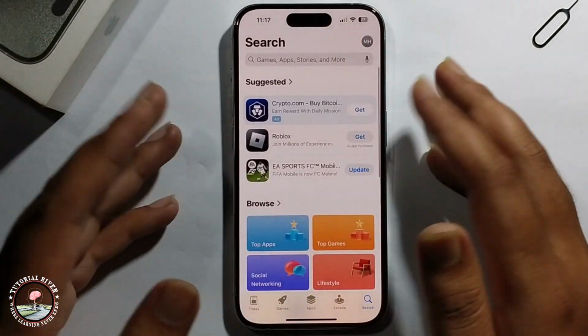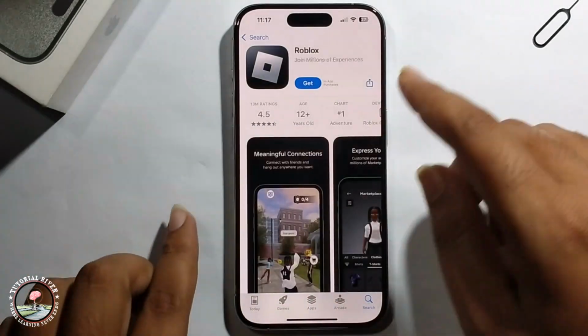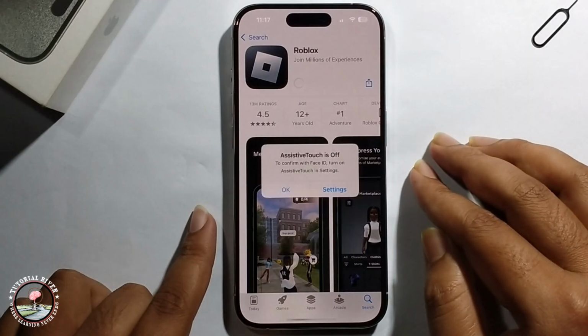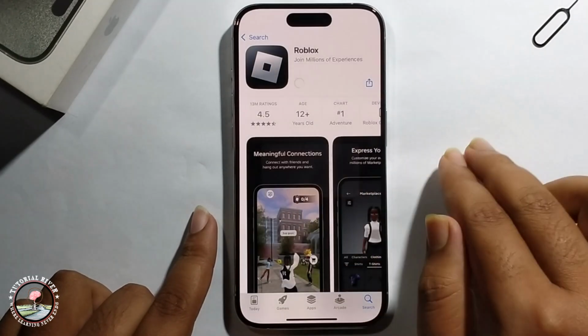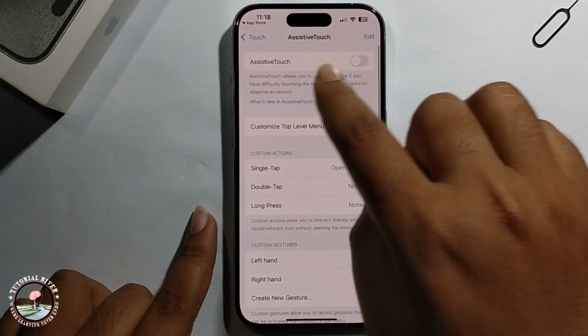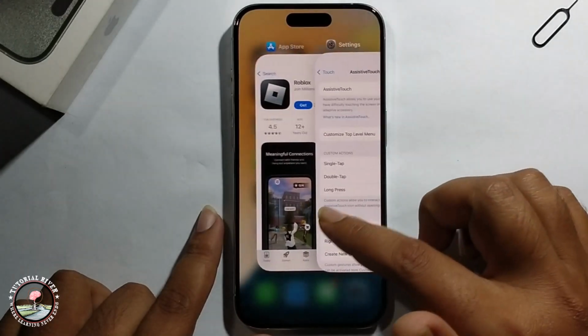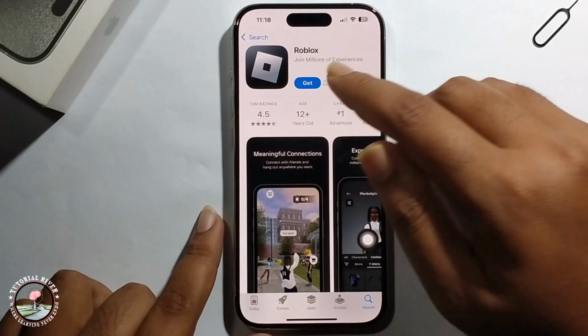So simply, like, I'm installing Roblox. Click on it and then click on the get option. Then it shows this option; just click on settings and you need to just enable this option. Okay, now I've already enabled it, and go back to the App Store again and click on get,